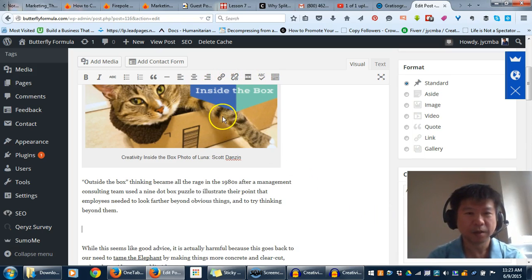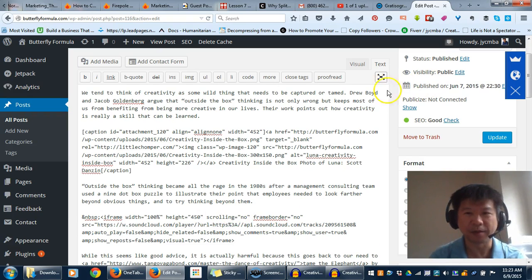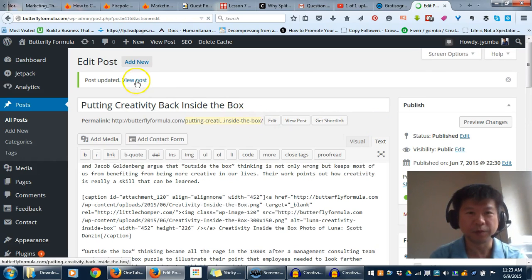And there, after I've graphically found the spot, I'm going to put the text so that now I've got this ampersand and this nbsp, and I put in the iframe, which is of course the code from SoundCloud that they provided, and boom, I've updated it. And once I do, you'll see that if we go to view post,